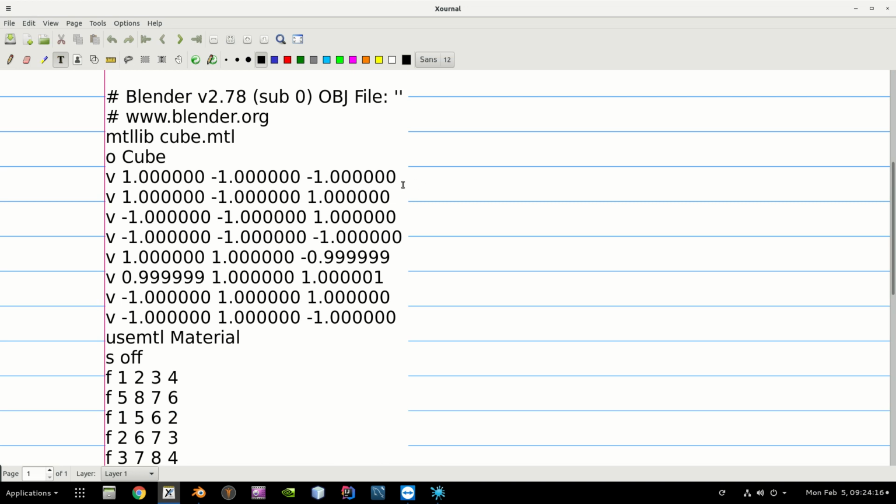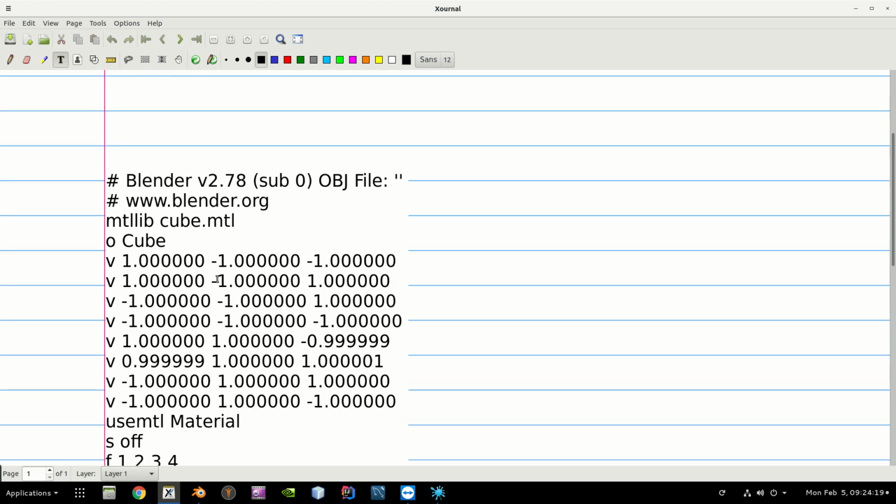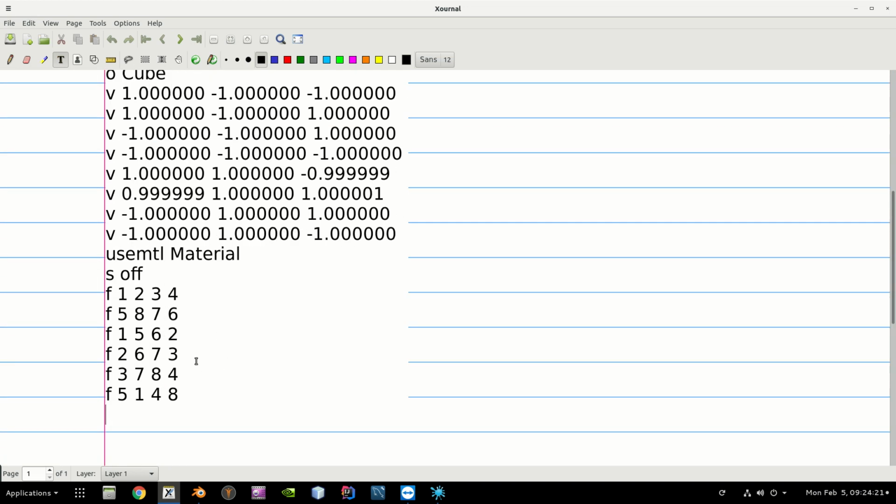What I'm saying is this first line, this is vertex 1. This line is for vertex 2, and so on. The last one is vertex 8. So we have 8 different vertices, and they're saying how each of these vertices are connected together to form a